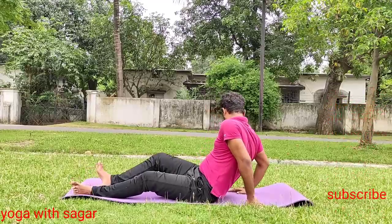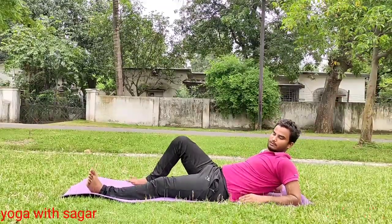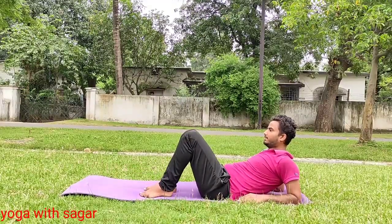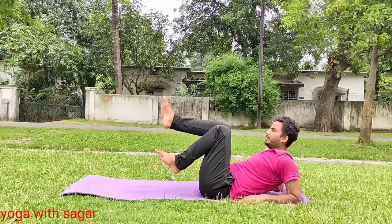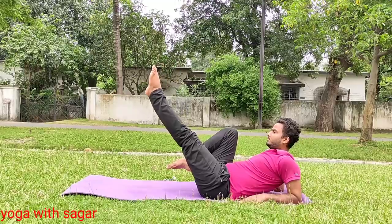Now slowly drop your elbow on the mat. Your shoulder and elbow should be in one line. Bend both your legs. Look forward. Now slowly lift both your legs up, right leg straight and then right leg bend, left leg straight, and